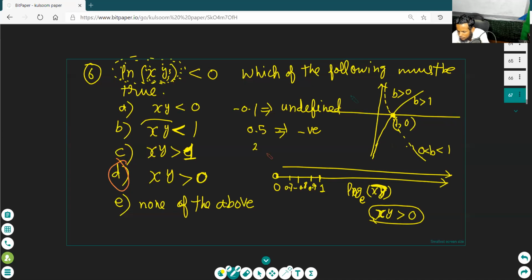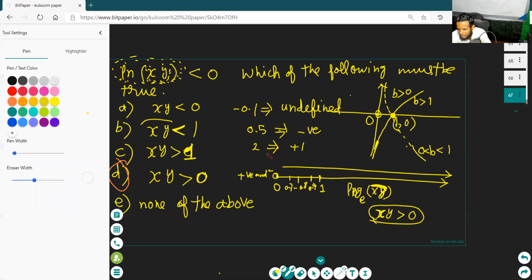For example, put 2. I get a positive number. By putting these values, we get both positive and negative. From the graph, it is clear. See from the graph. The negative part of the graph is before 1. After 1, we can put these values greater than 0. 0 is not added. Clear? See the graph.